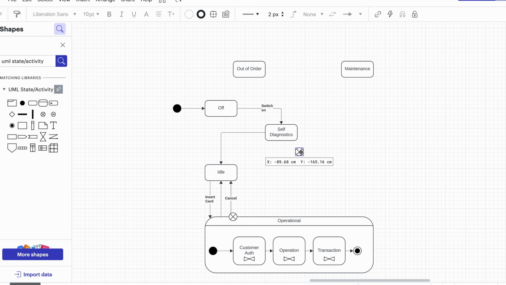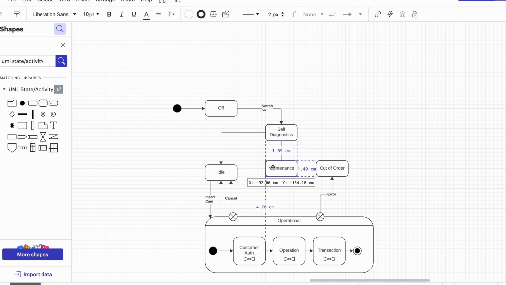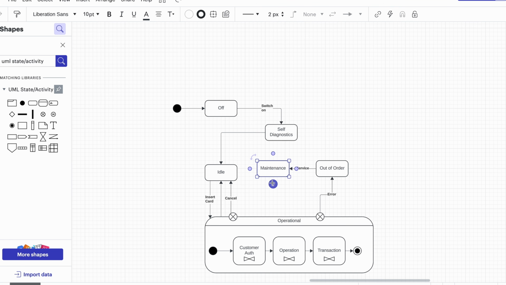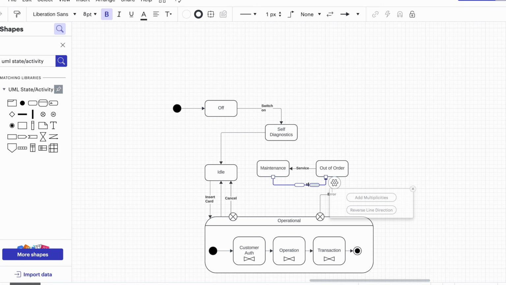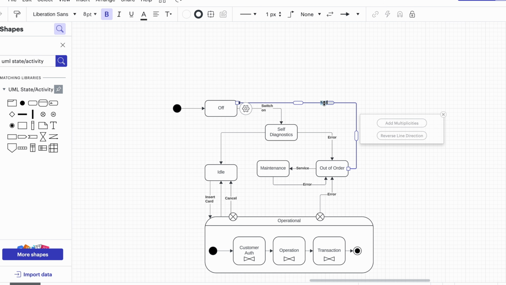What also could happen is a system failure, like money chewed within the ATM. In this state, the system cancels the operation but cannot return to idle due to an error. In this case, the system should go to the out of service state through another exit pseudostate. When such an unfortunate thing happens, someone should call the technician and put the system into the maintenance mode until they fix it. Sometimes ATMs cannot be fixed at all, it's a bummer, and the maintenance fails. In this case, the system might be sent back to out of order until fixed